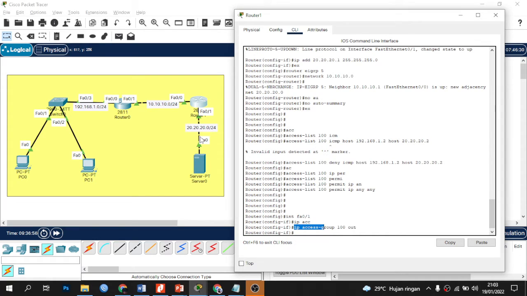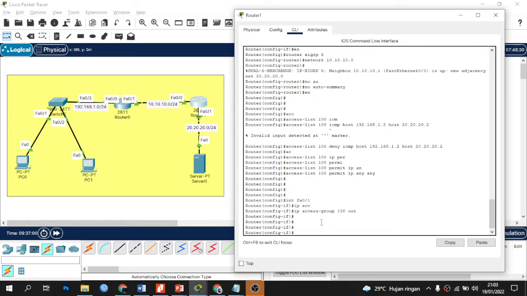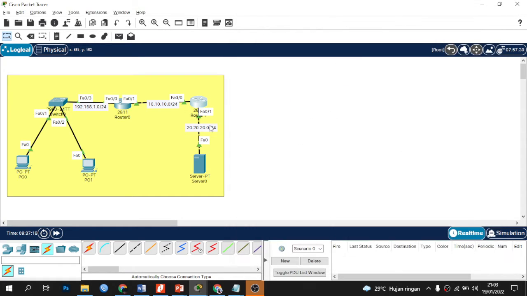Okay, now after entering the ACL configuration, let's ping the server. To see the difference between PC 0 and PC 1, we ping from both PCs to the server. Okay, let's try.